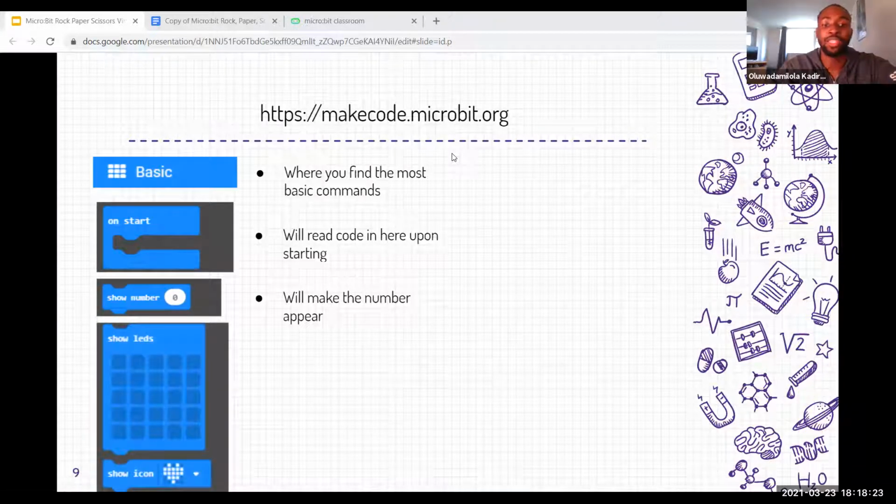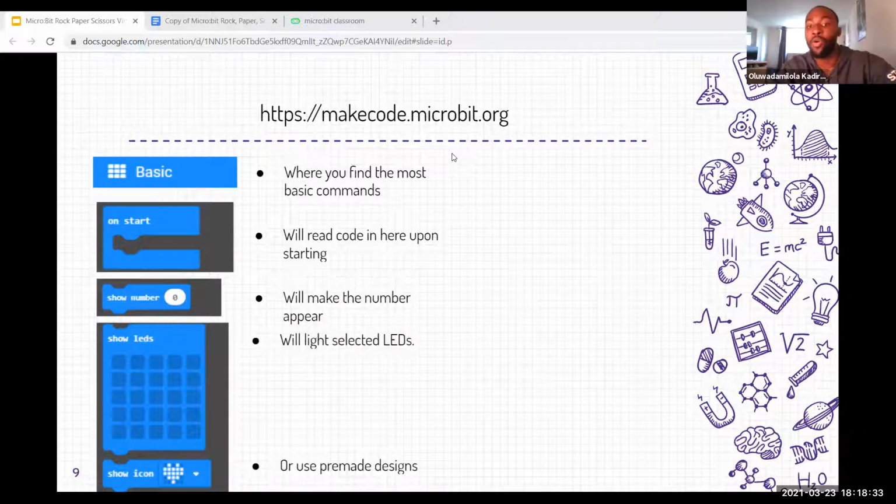Then we have the show LED blocks. If you place a show LED block onto your MicroBit worksheet, your MicroBit will turn on whatever LEDs you select. Or you can also use one of the pre-made designs that the MicroBit has, thanks to the show icon block.